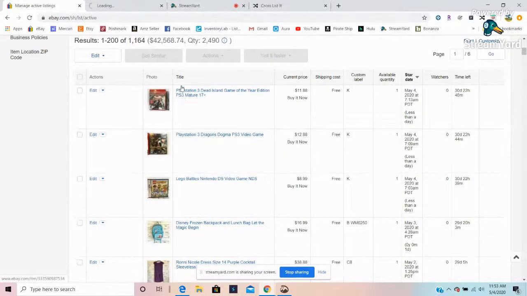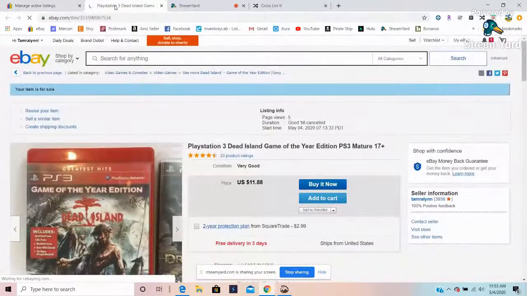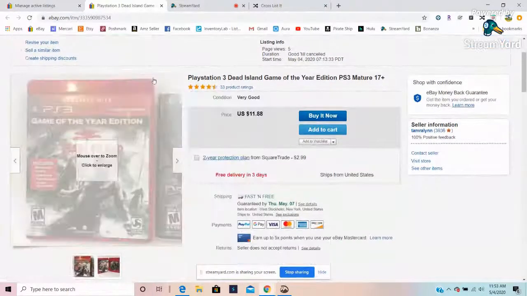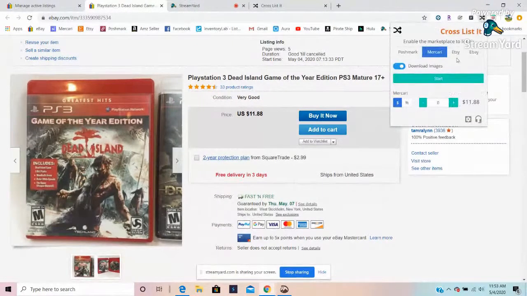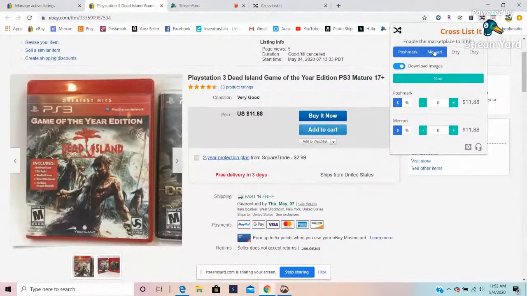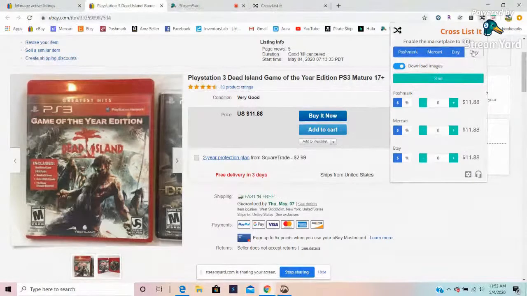So I'm going to open this one up. It's a video game I just listed. Then I'm going to hit this. When you're on the item page, you hit your CrossListIt thing, and this will pop up and ask where you want to list it. If this was clothing, I would list it on Poshmark, clothing or home goods. Everything I'll put on Mercari unless it is a supplement. They don't allow supplements. And if it was vintage or homemade or something like that, then I would click Etsy also. And I've never used this eBay option because, like I said, I've never posted to eBay.